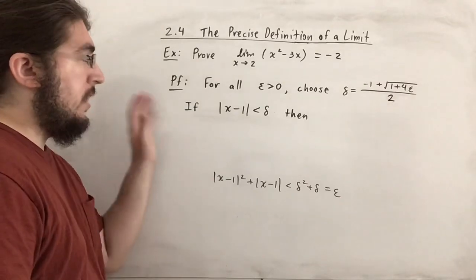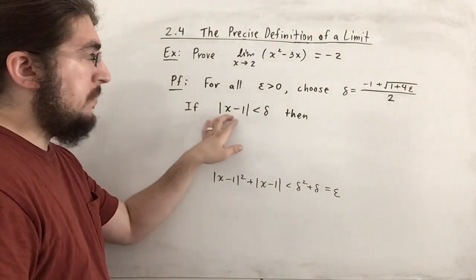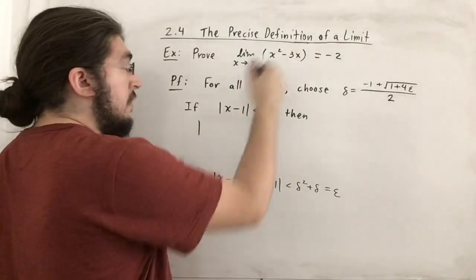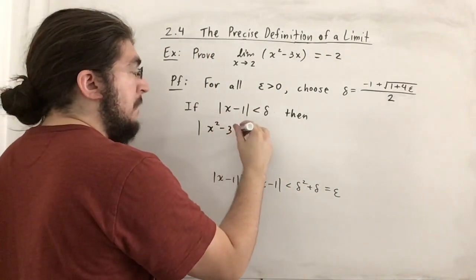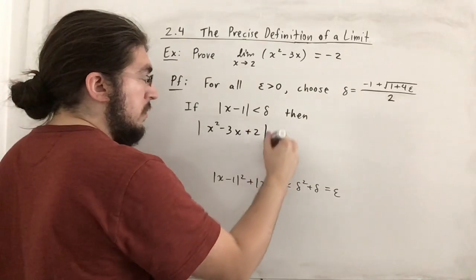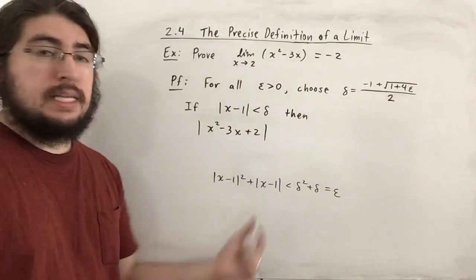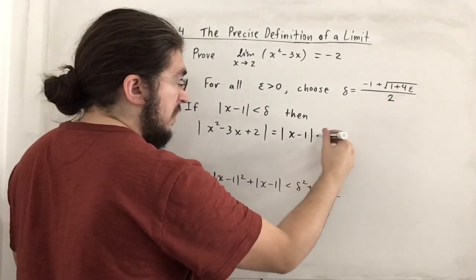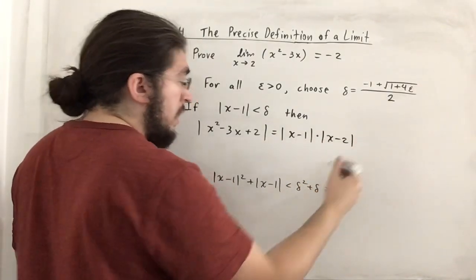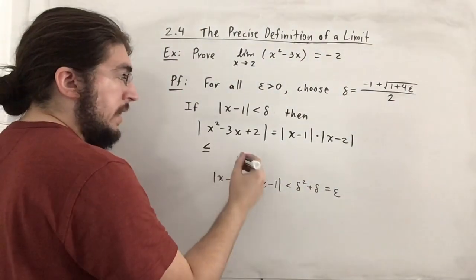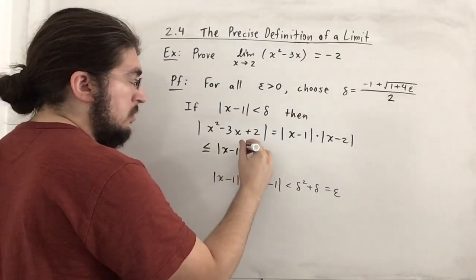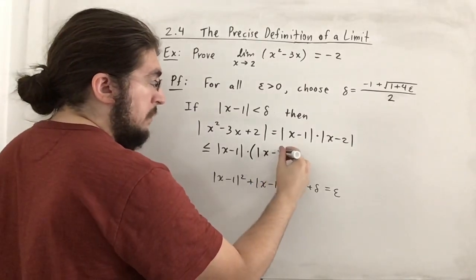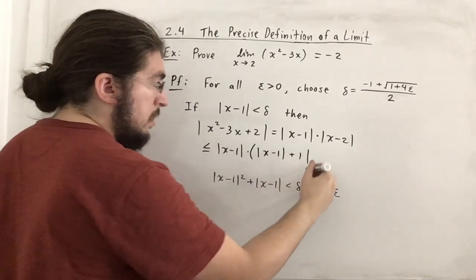And we want to show that if the absolute value of x minus 1 is less than delta, then we want to say that the absolute value of f of x minus -2, which is plus 2 in absolute value, is somehow less than this. And we know, of course, that this is equal to |x - 1| times |x - 2|, and by the triangle inequality this is less than or equal to |x - 1| times the quantity |x - 1| + 1,